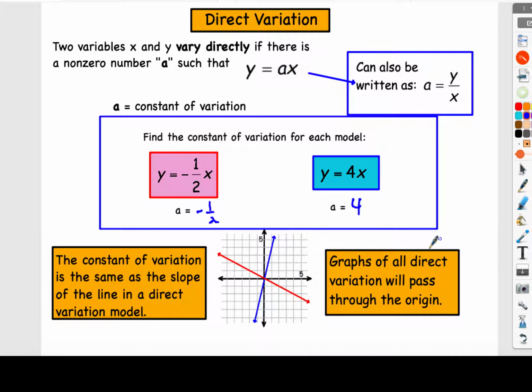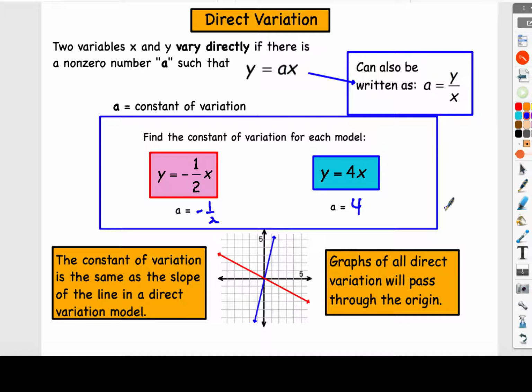Graphically, a couple things we want to remember. The constant of variation is basically just what the slope was. Again, as x goes up by 1, it's how y is going to increase, right? Rise over run. Y does what as x goes up 1? And notice the blue line, y went up 4 as x went by 1. On the red line, y went down 1/2 as x went over right 1. Down 1/2, right 1. Or down 1, right 2. Again, kind of skips a point, but you get the idea how that slope would work as the